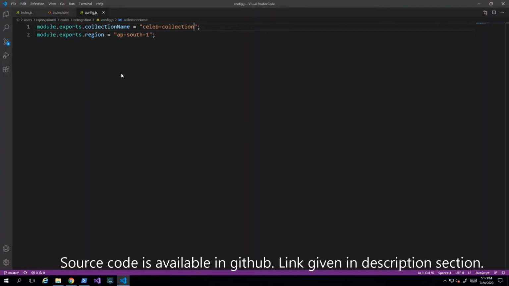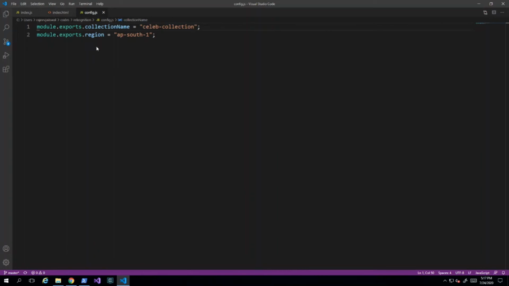Okay, let me first explain what exactly I have created. I'm not going to explain the Node.js concepts. You will be able to understand when I go through the basic flow, and you can use the programming concepts to write the same thing in different programming languages. I have created one config file where I have given the collection name, the same name I'm using, select collection. It can be changed to any other name, or let me change it to my collection. All right, and let me save it.